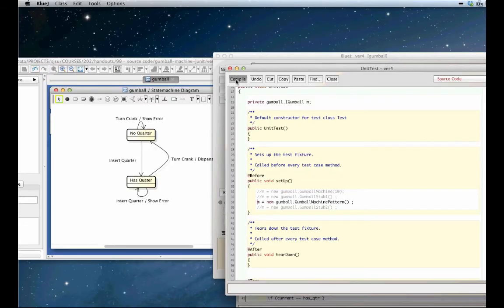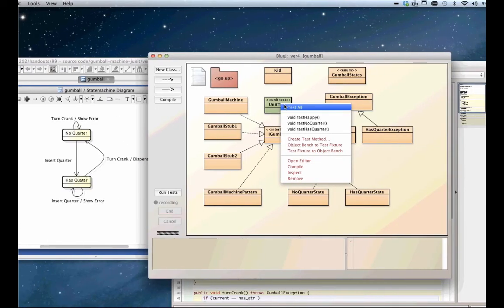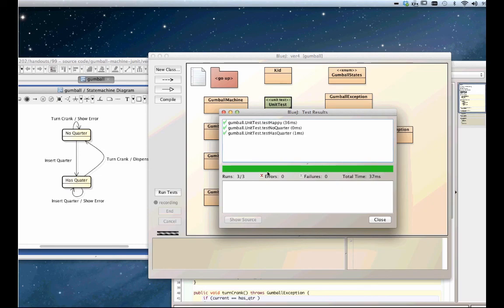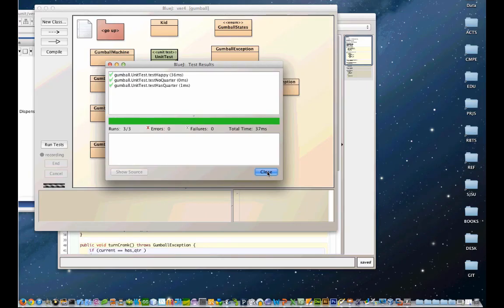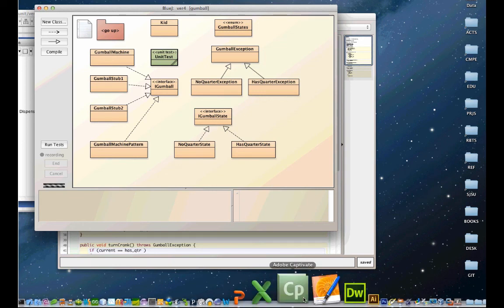So I'm going to change this to the gumball machine pattern version that we want to test, and everything passed. Okay, so that ends our last